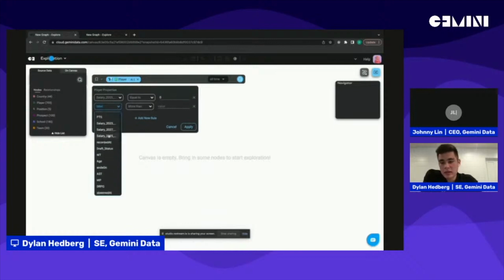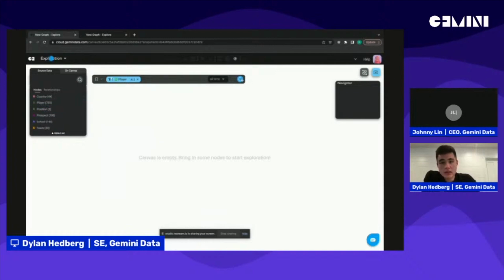Also, what I may want to do is specify a position. So these are properties added to the players, equal to, and I'll say power forward. So you can enter numeric values or string values. It works either way, and you can add as many rules as you need to filter down your search. So when I apply this here and then search,